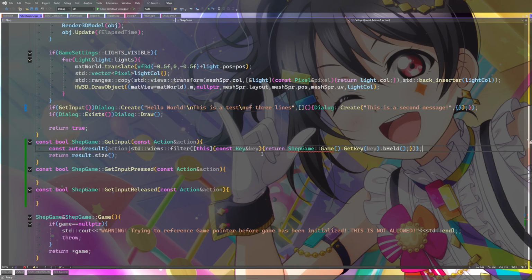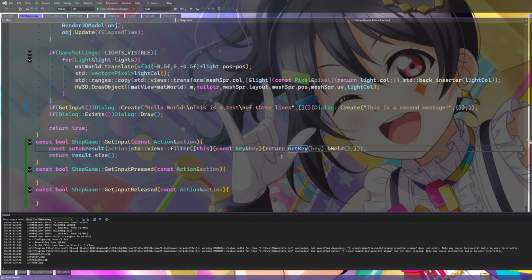I'm very confused. This should... Like, I should literally be able to do this. Compiler? What are you doing?